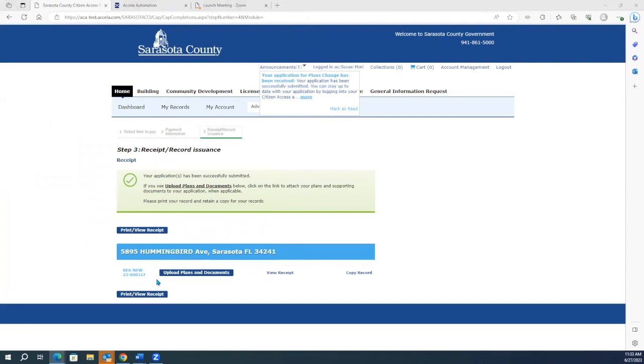It also gives you your permit number right here on the screen. Address is here. This button also tells you that you will need to upload your plans. The permit will not process, although you get your number, permitting will not send this permit through for plan review until the plans have been uploaded. So you want to do that fairly immediately after you pay your payment. So we're going to go ahead and do that.